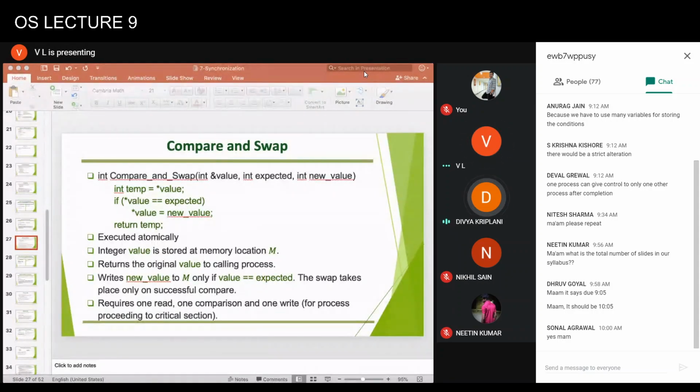Ma'am, the last assignment which you gave, process scheduling, to execute it in C language, and to execute with the Gantt chart, ma'am, it was very lengthy also. So the Gantt chart need not be drawn. You could have written the values: that process one is going from time this to time this, process two is going from time this to time this. Yes, that's how you could have represented.